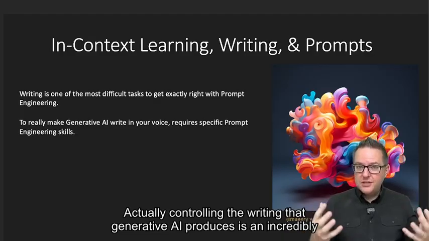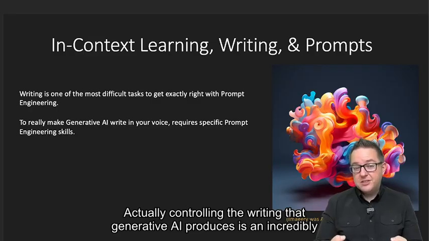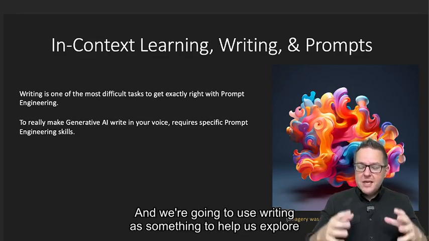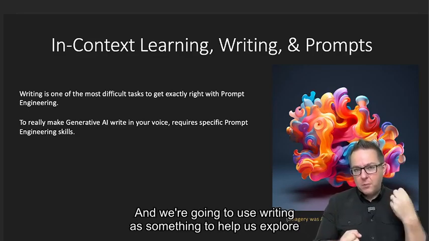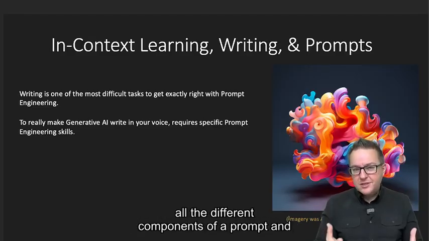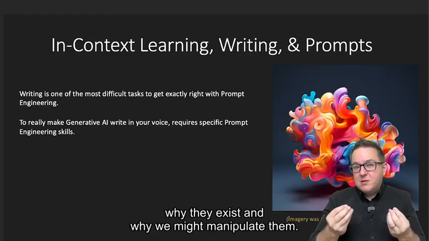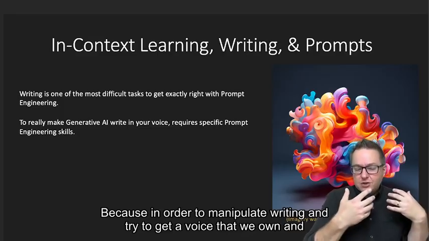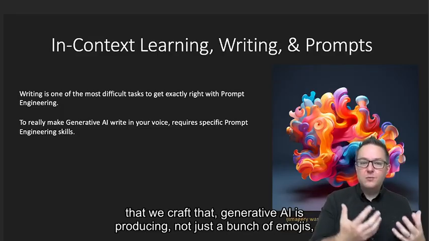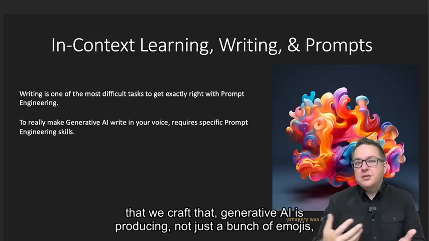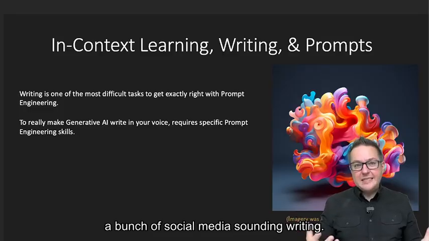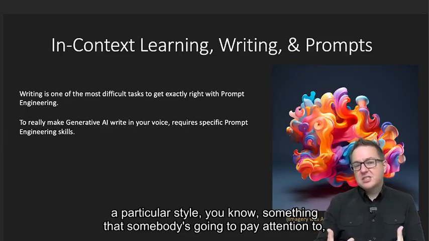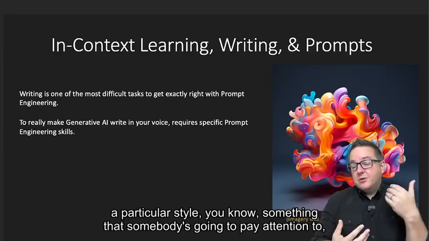Actually controlling the writing that generative AI produces is an incredibly difficult task, and it requires a lot of prompt engineering. And we're going to use writing as something to help us explore all the different components of a prompt, and why they exist and why we might manipulate them. Because in order to manipulate writing and try to get a voice that we own and that we craft, that generative AI is producing, not just a bunch of emojis, a bunch of social media sounding writing, if we really want to craft something that has a particular voice, a particular style, something that somebody's going to pay attention to,